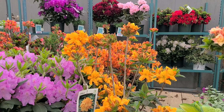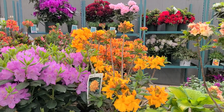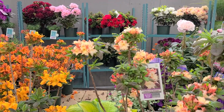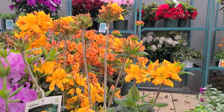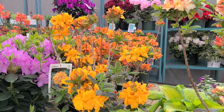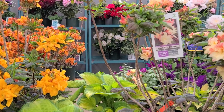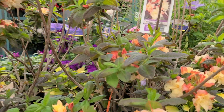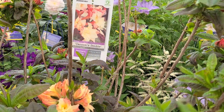Now here at Overdevest we grow a lot of different sorts of rhododendrons and azaleas. We grow the small compact evergreen azaleas, and then as you see we also grow quite a few of the larger growing deciduous azaleas, and these plants are just fantastic for warming up our spring scene. Lots of different colors and types, and this one, which is called Azalea Cannon's Double, is one of the ones